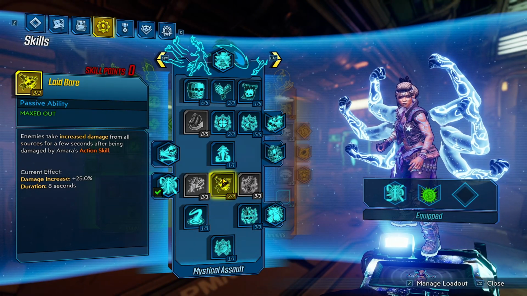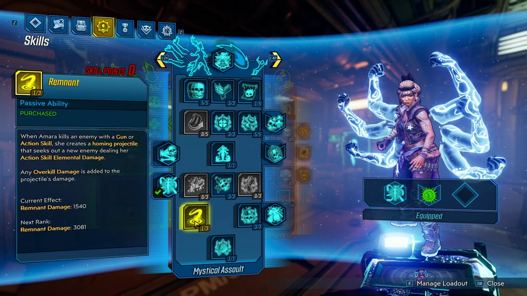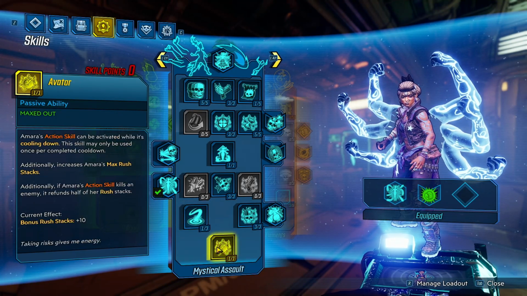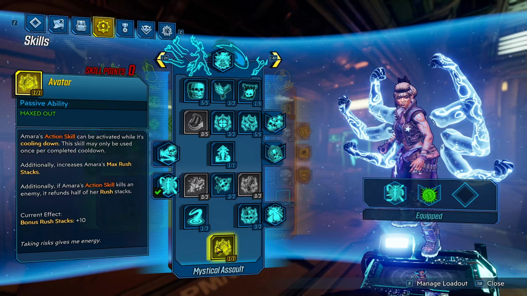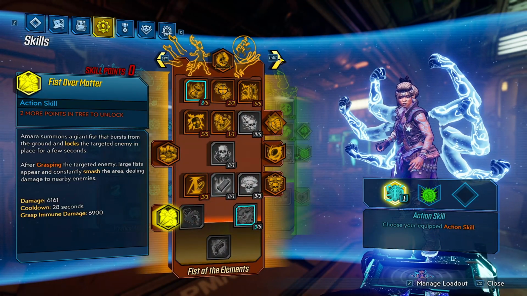Restless is giving you more cooldown rate, to throw your axe skill even more. Remnant is going to have an orb that's just going to do an insane amount of damage since you're already doing an insane amount of damage, and Avatar lets you pop your axe skill twice to get more Rush stacks, which means more cooldown rate, more damage, etc, etc. That is pretty much the gist of this, but if you want to go the elemental route, 5 points in